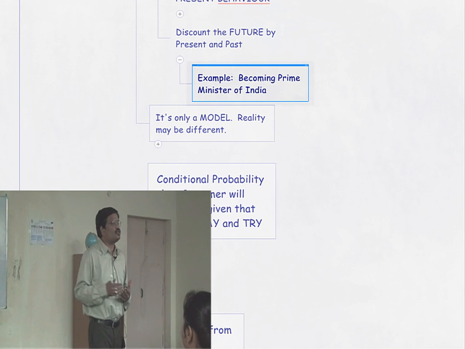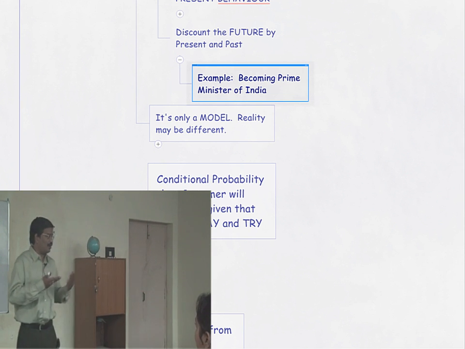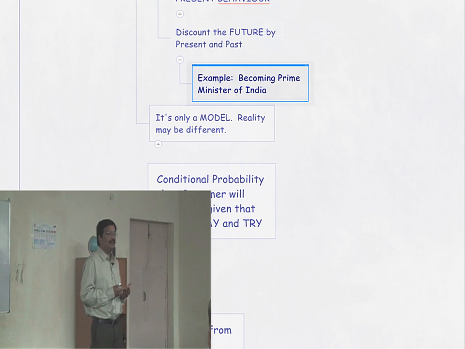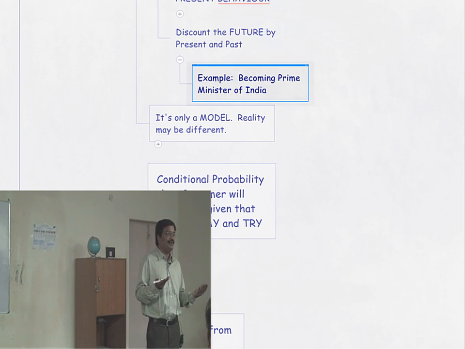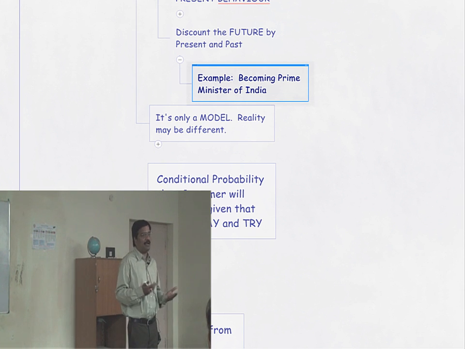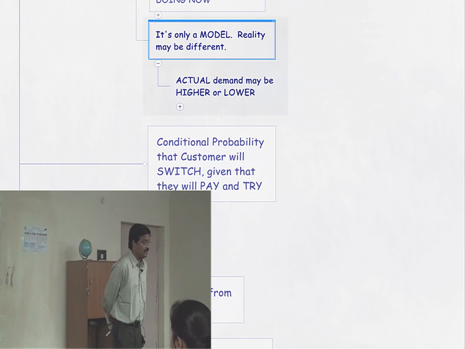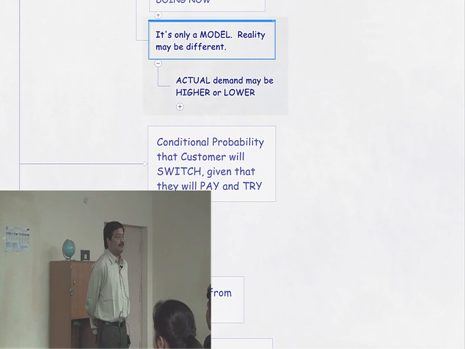Suppose the same question is asked to you. Would you like to be the Prime Minister of India? Yes, why not? Okay. But what is the probability that you will become one? Then what are you doing now? Are you the son of Sonia Gandhi? Then maybe yes, the probability is very high, right? You are the son of Biju Patnaik, the probability is very high. Now that doesn't mean that one of you here will not become Chief Minister of Odisha. Yes, you may become. But given what you are, given what you have done in the past, the probability of that happening is lower. It's only a probability. You can still, anything can happen.